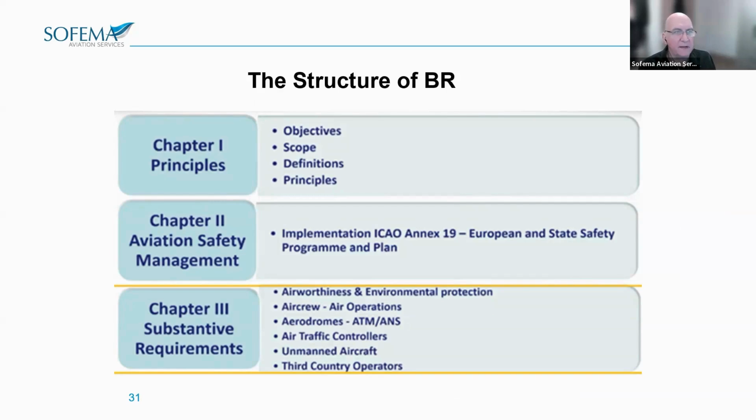So the structure of the basic regulation: Chapter 1 covers the principles of the regulation and its objectives, which are to improve performance in the aviation sector, provide a level playing field in the European market for aviation, promote free trade by air and cost efficiency, provide a uniform level of environmental protection, promote research into aviation, and provide a safe aviation environment. Also to assist member states in exercising their rights and fulfilling their obligations under the Chicago Convention by ensuring a common interpretation and a uniform and timely implementation of its provisions.